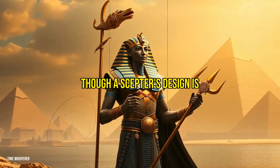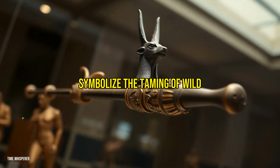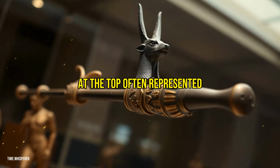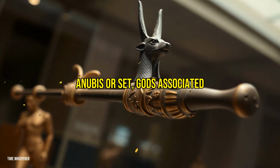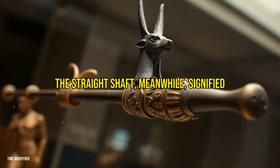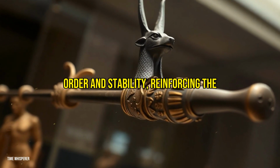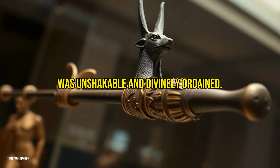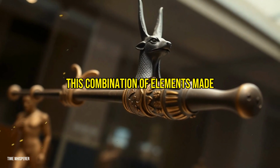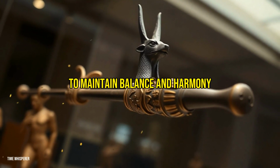The was scepter's design is both simple and profound. Its forked base is thought to symbolize the taming of wild forces, while the animal head at the top often represented a connection to deities like Anubis or Set, gods associated with protection and power. The straight shaft, meanwhile, signified order and stability, reinforcing the idea that the ruler's authority was unshakable and divinely ordained. This combination of elements made the scepter a potent visual representation of the pharaoh's ability to maintain balance and harmony